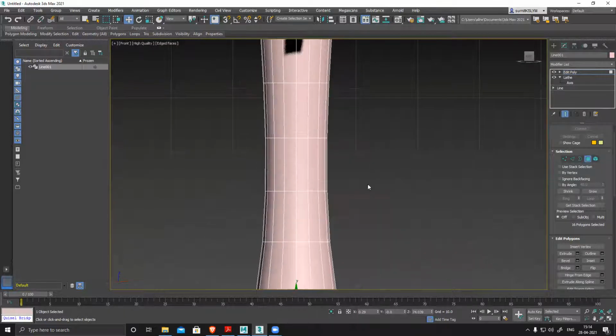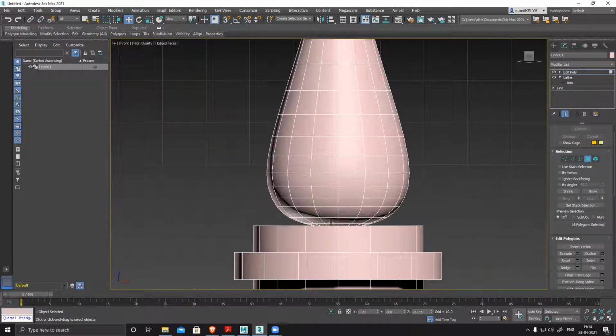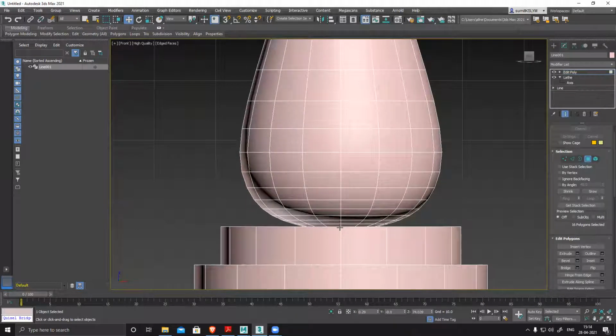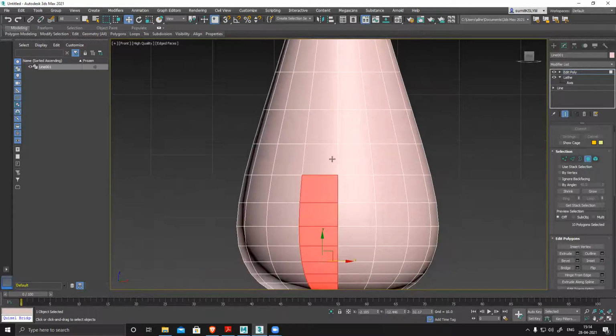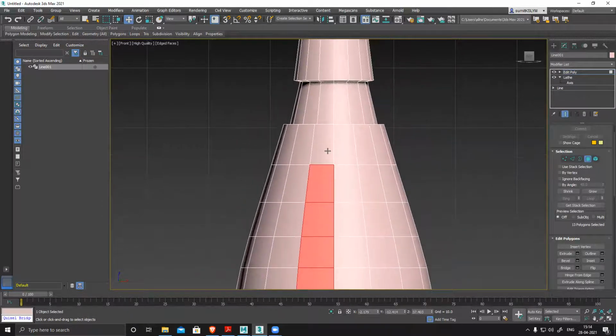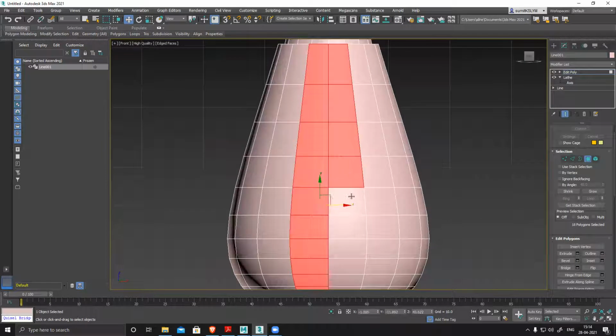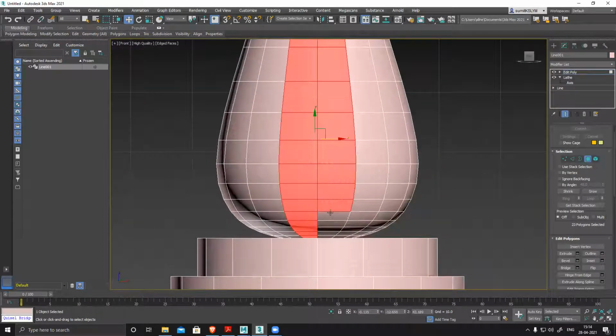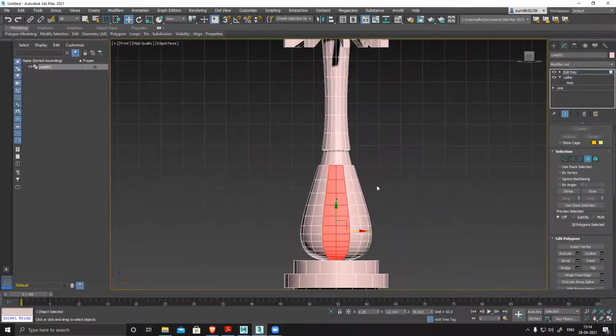Now front. I want to create some nice design. Just one part. Just thinking what I can do here.